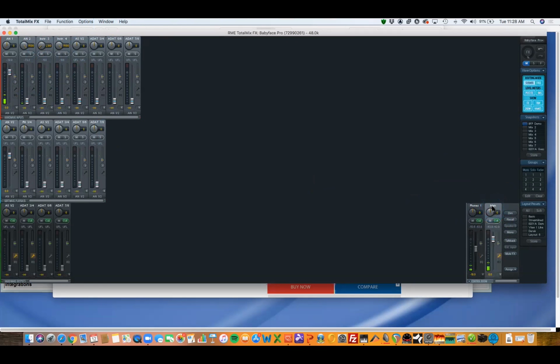So it's a very powerful routing scheme. So that is the core, getting around on the Babyface, getting the most out of it. Over here, you have snapshots, which you can store and save snapshots of the mixer. So it's pretty self-explanatory. You have layouts, which are basically if you're using certain inputs and you never use other